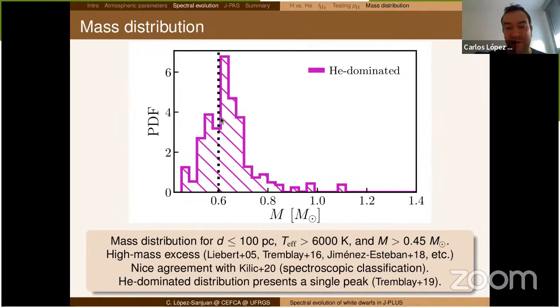Indeed, when we did the analysis with pure helium, this peak was at 0.75 or something like that. So this peak can be whatever you want, just changing things. That's true. The thing is that there seems to be only one peak. That was the main message. The location, we don't know.